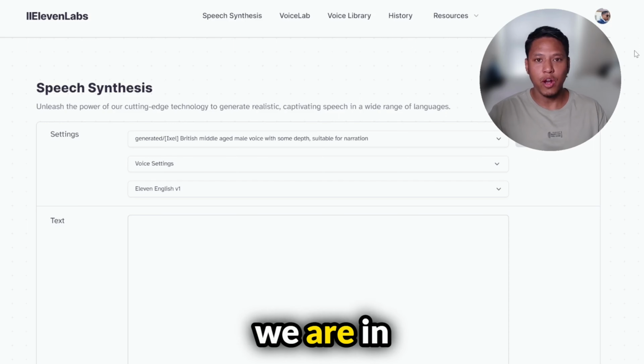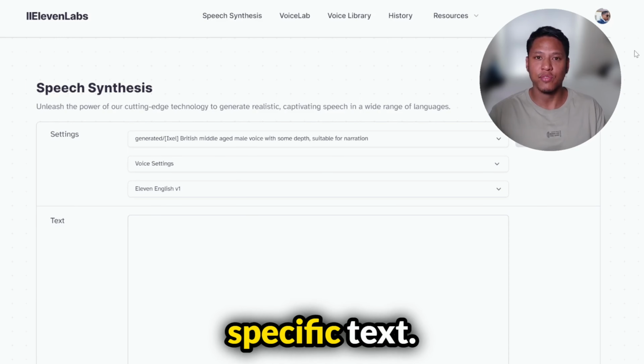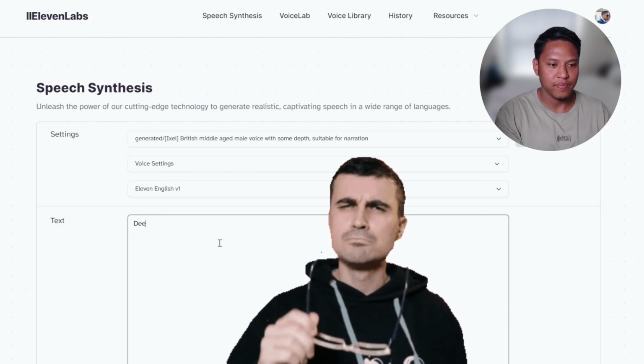Cool, so here we are in ElevenLabs, and if you guys didn't know, ElevenLabs is an AI text-to-speech tool which allows you to input text and create an AI audio saying that specific text. For example,